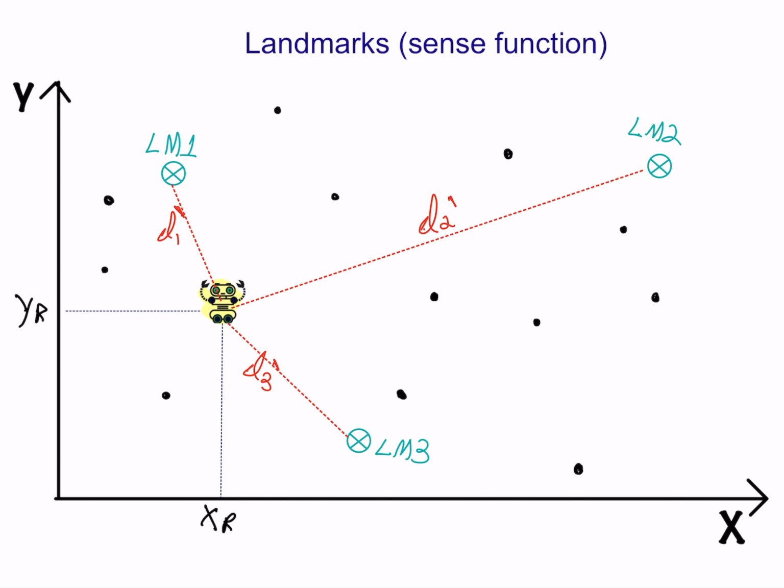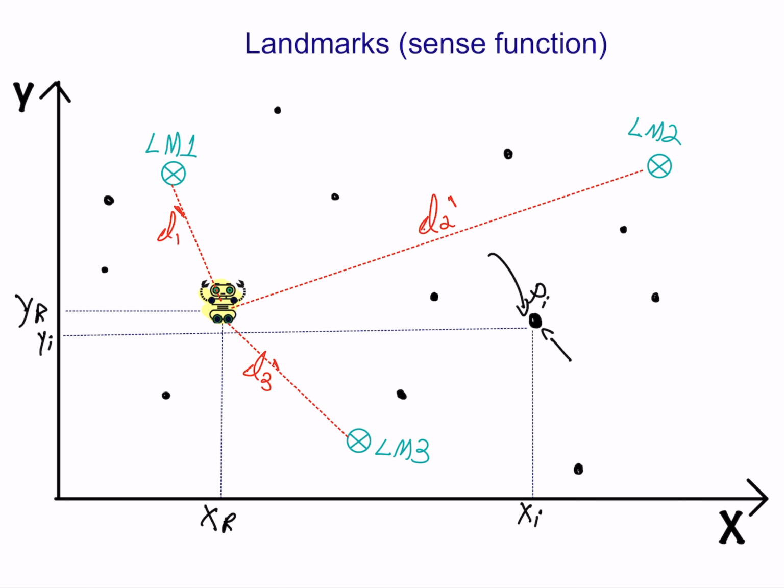Now, in this example, I will focus on this particle over here. You need to do the process that I'm doing for this particle for each one of the particles. So this particle, let's call it Pi, which is the ith particle, also has an X value and a Y value. Let's call them Xi and Yi. Since I know where this particle is, and since I know where each of the landmarks is, I can compute the distance between that particle and each one of the landmarks.